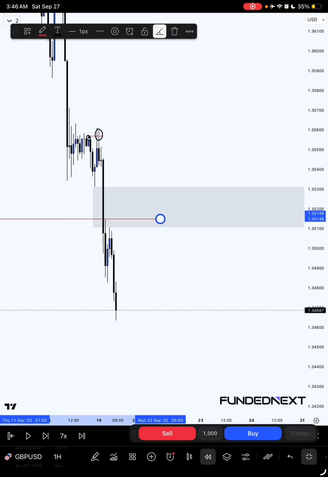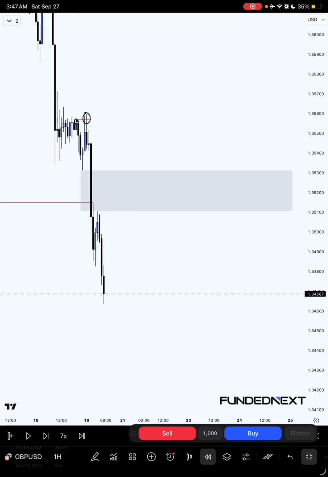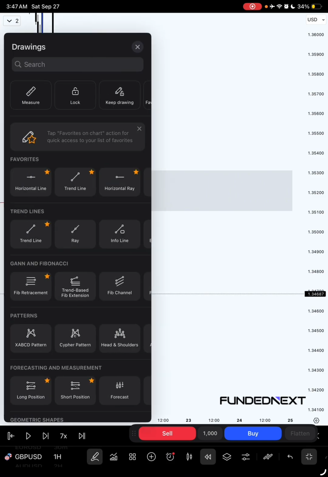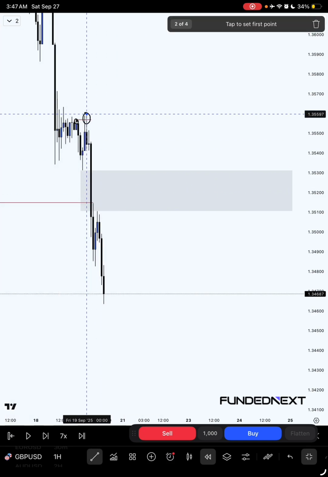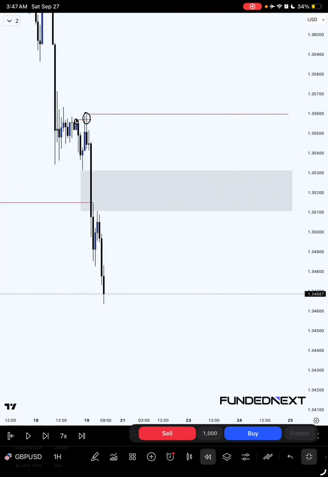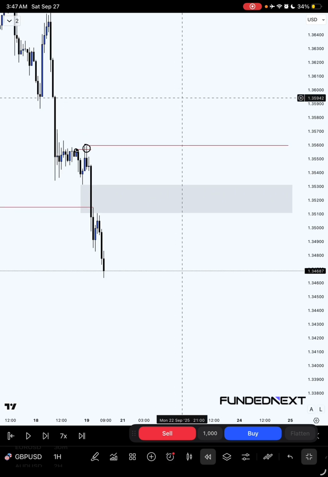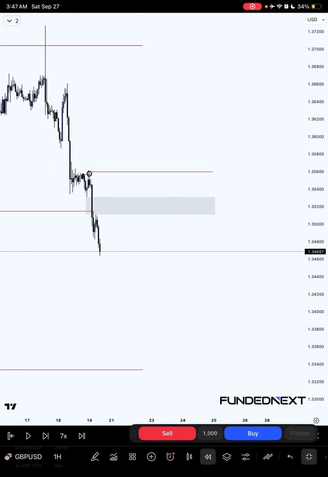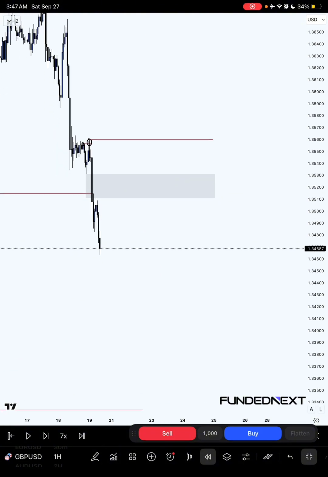What I needed to see was price reaching up into this level and finding a reaction to take a high probability trade idea. At the extreme level, the highest place where I want to see price reach up into was actually this high. Sorry, this area in price. If price breaks above this high, I know that maybe that bearish structure is not as strong as it is. But what increased my confidence is that I have higher time frame context. Having higher time frame context was just based off structures alone. Now, moving forward,